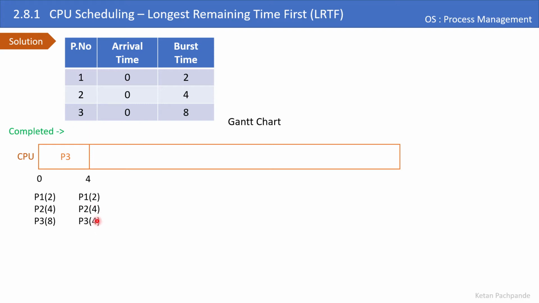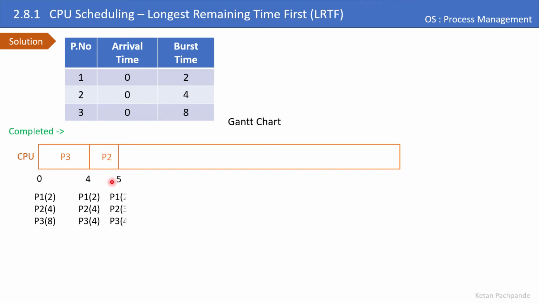Now out of these three processes, process P2 and P3 have a tie. When there is a tie, we go with the arrival time. But there is a tie in the arrival time also, because they have arrived at time t0. And that's how I will now look at the process number. I will just follow the chronological order. So I am going to schedule the process P2 here. I'll schedule it for one time unit.